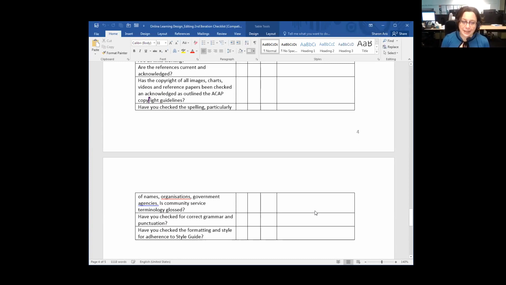Secondly, have you checked the spelling of all of the agencies' names? And I'm really suggesting, and I know a couple of you have done this, is community service terminology glossed. It can be in actually producing a glossary on the site, which I think is really a good idea. But it's always explaining, even if you're using a government department that's common knowledge, or an area of practice that for you is common knowledge,